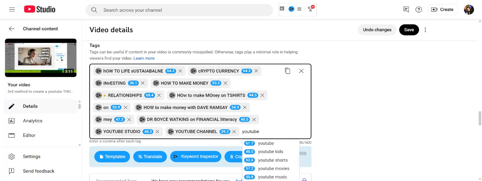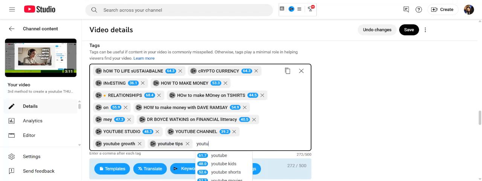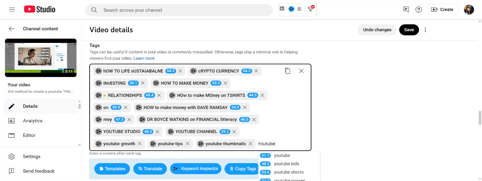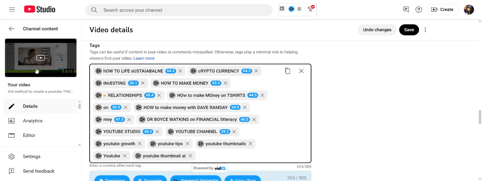YouTube growth, comma, YouTube tips, comma, YouTube thumbnails. I'll do YouTube, because look down here, it's telling you, as you do this too, when you use vidIQ, see how it's kind of suggesting words that are being used there. Okay, let's just leave YouTube, and then YouTube thumbnail, and I'm putting in that word again, AI, because that's how I made the thumbnail with my AI